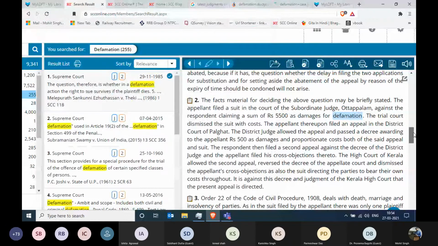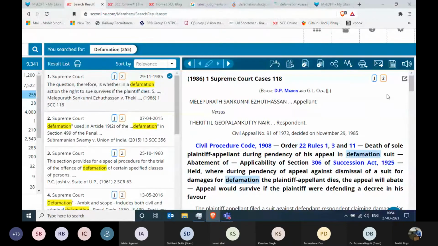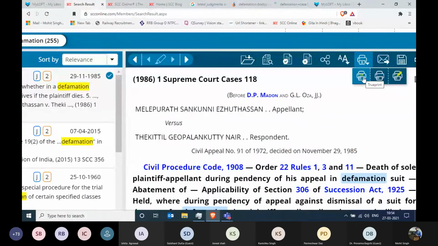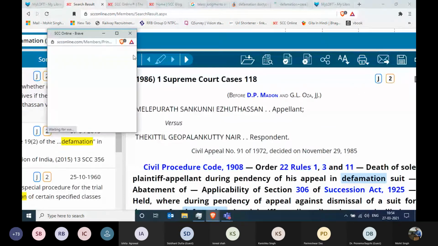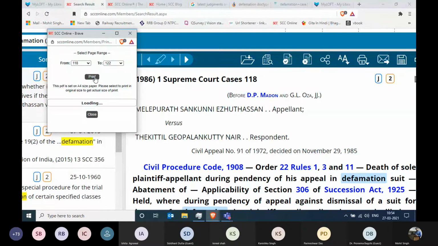Apart from that, if you are going for a moot court competition for this particular judgment, then you can also take the true printouts, right? We have already discussed what the true printout means. You go to this print icon, and what you see over here is TP. So TP represents true printout, and true printout is the exact photocopy of what we have published in our SCC Online journals.